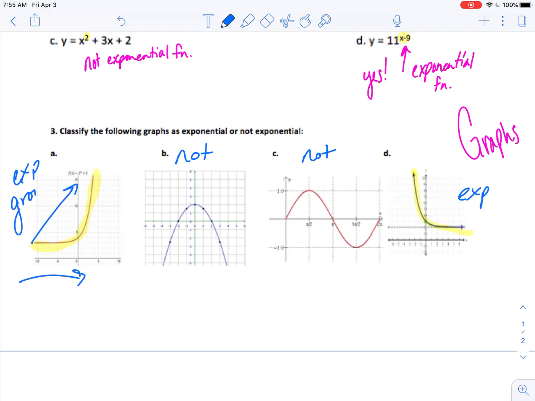But then we've got to look at exponential growth or decay. So from left to right, what's happening? Is it getting bigger or smaller? Well, from left to right, this one is getting bigger, so that's growth. And this one here